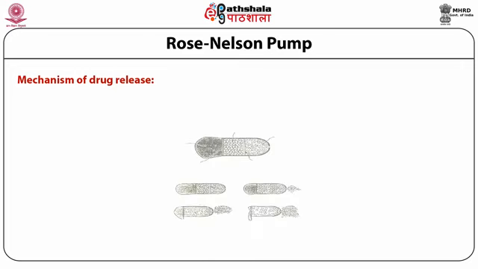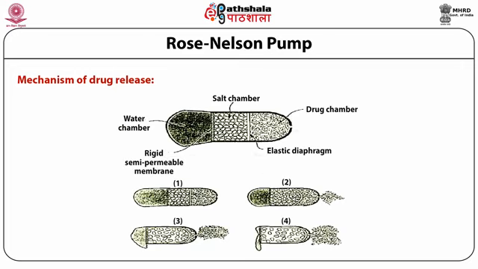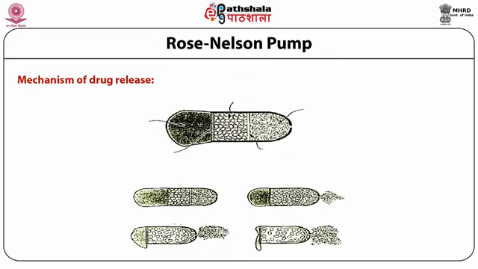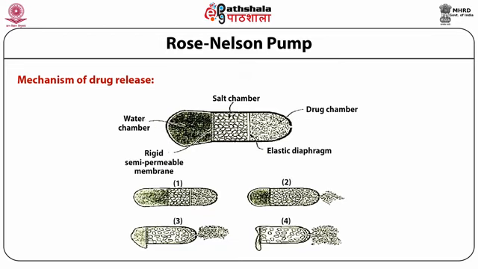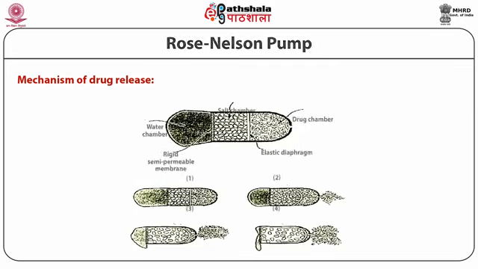So from low concentration, with no salt, it will go to the higher concentration of salt and start dissolving the salt. When the salt starts dissolving, it exerts pressure. You can see here that it is exerting pressure and making a convex shape. This convex shape is pushing and decreasing the volume or area made for the drug solution. When the area decreases, obviously it will push out, and ultimately the drug is released into the biological fluid.